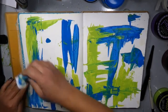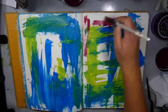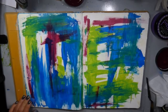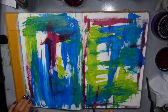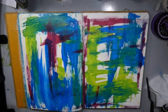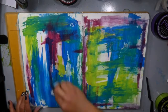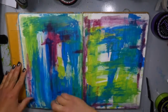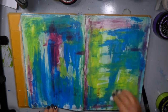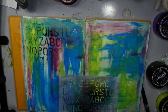And I really like how it plays with London blue because it really blends and creates almost like a dark purple color. So you can see here I used a palette knife to spread on some of that blue and green, and now I'm taking a smaller paintbrush and brushing on the pomegranate seed. I like to do that just to give a little bit of a different texture to each layer of paint, and I can rub back using a baby wipe. You can see some of the colors, the pomegranate and the green didn't really play together very well, and so I kind of wiped that back with a baby wipe,